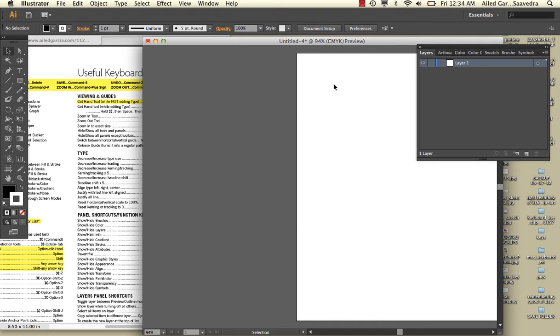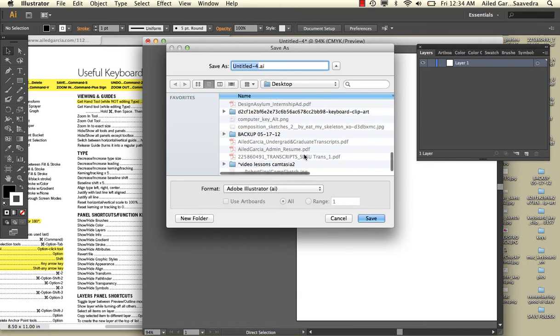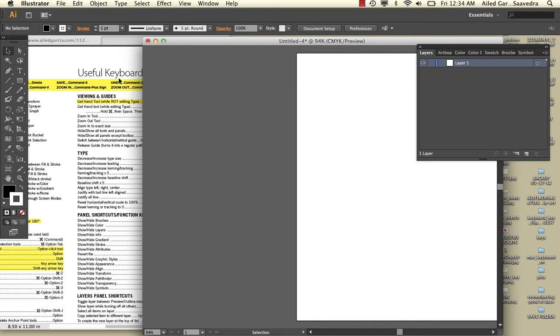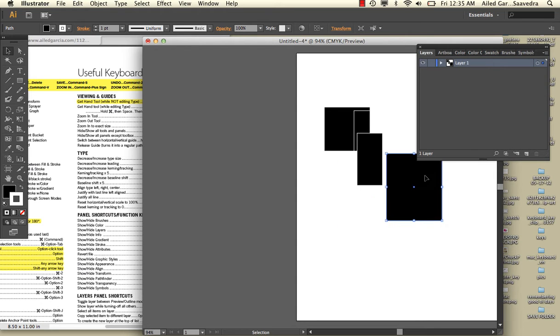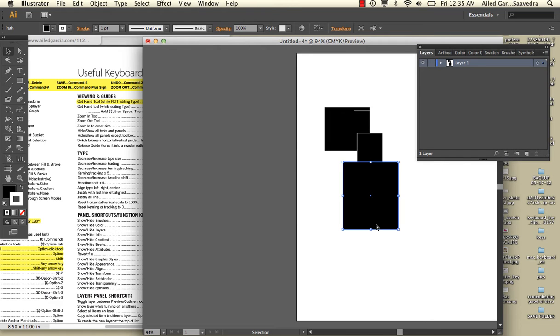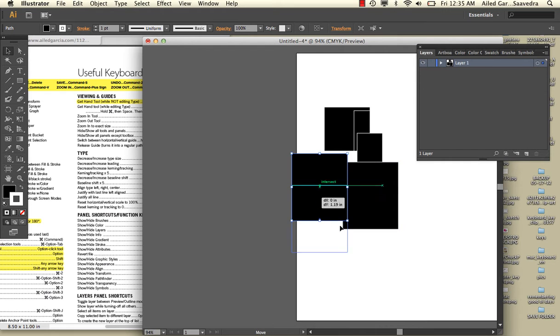And now to save a document, instead of going to File and hitting Save, you could just do a Command S, and that'll give you the option to save. It'll pull up this window. Okay? To undo something, say that you draw something and you move it and you want to undo it and put it back where it was, you do Command Z. If you want to copy something, Command C, and then Command V to paste it,